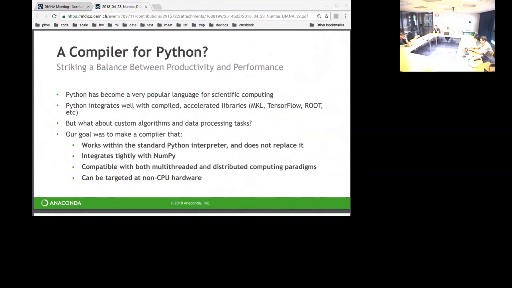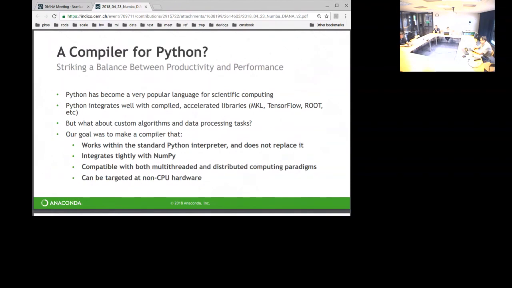It integrates tightly with NumPy because NumPy was the in-memory data format for scientific computing in Python. We wanted to be compatible with multi-threaded and distributed, and ultimately, non-CPU parallel computing as well, which sets a little different set of constraints on us that you don't necessarily see with some other projects.